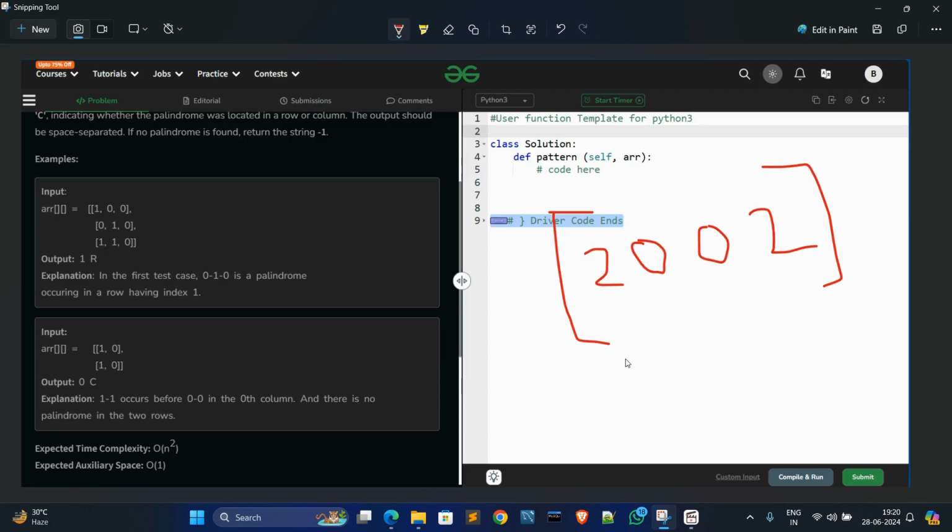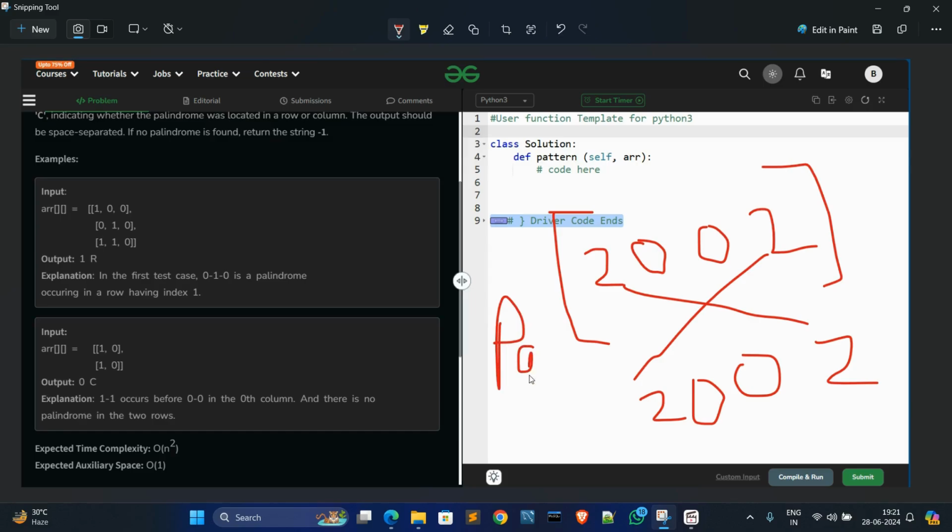Then it is called a palindrome. For example, if you reverse 2 0 0 2, these two come first, then 0, then 0, then the first 2. You can see these both are the same, they don't have any change, the value is the same, so this is called a palindrome.